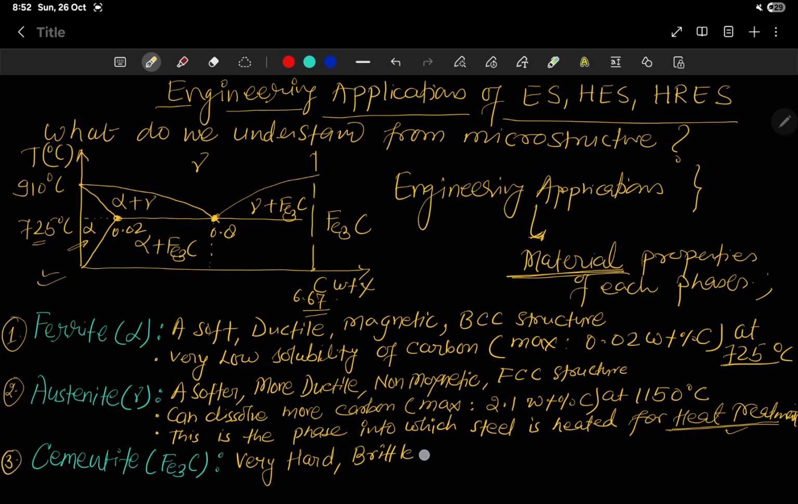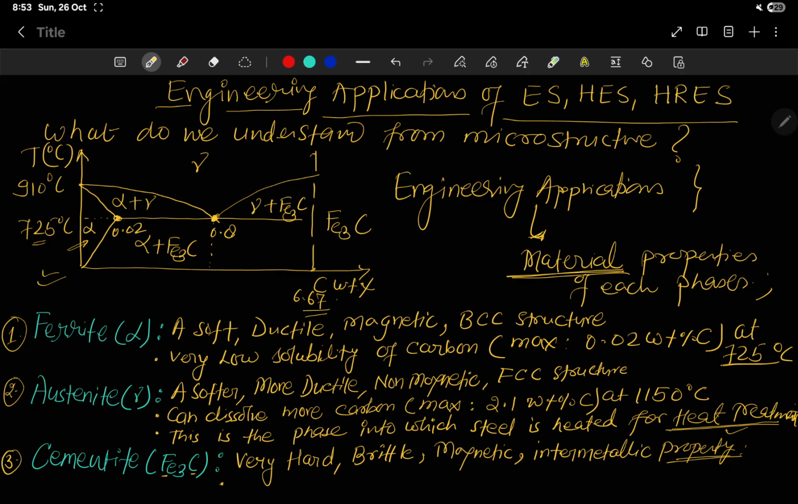Okay, and this has magnetic properties, and it also forms intermetallic properties. It has intermetallic properties because this is a metal and carbon is a non-metal, so it will form an intermetallic compound. Okay, and in this,